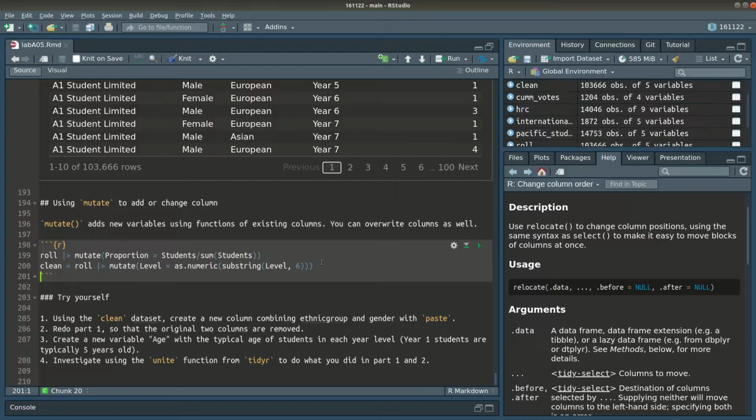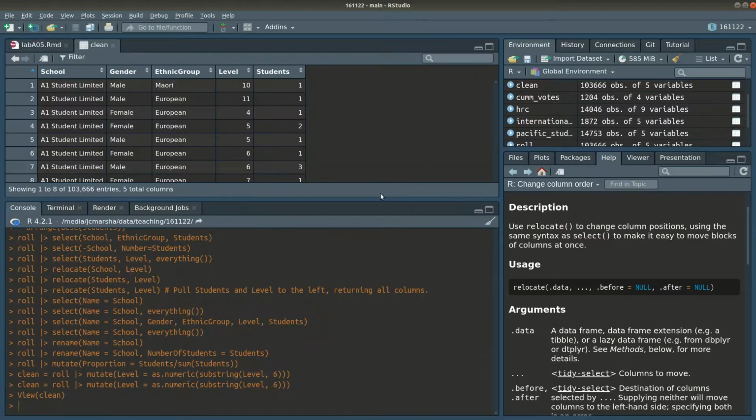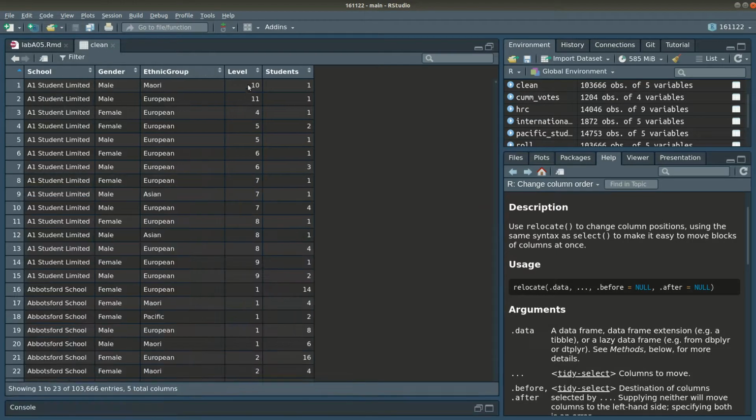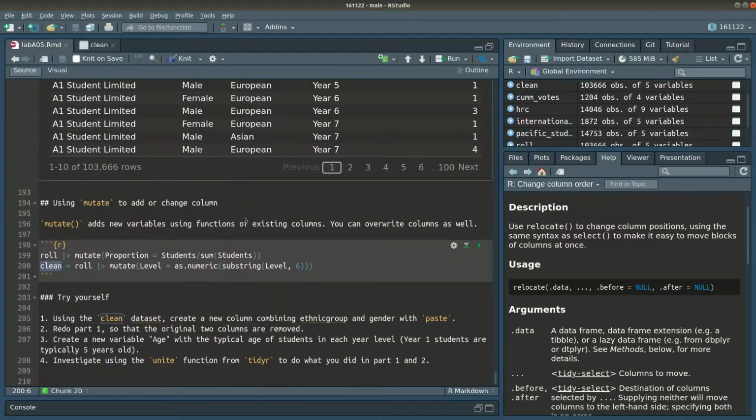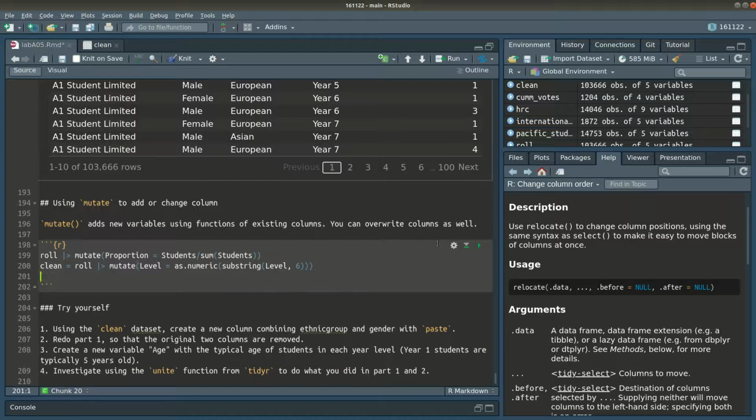Well, you'll notice that when I ran it, I didn't get any output because, of course, it's assigned to the variable clean. So I've got this new data set, clean. And if we have a look at this, what's changed is that the level variable is now a number, rather than saying year 10 and year 11. The reason that's important is that otherwise the level variable would sort wrong. So to demonstrate,